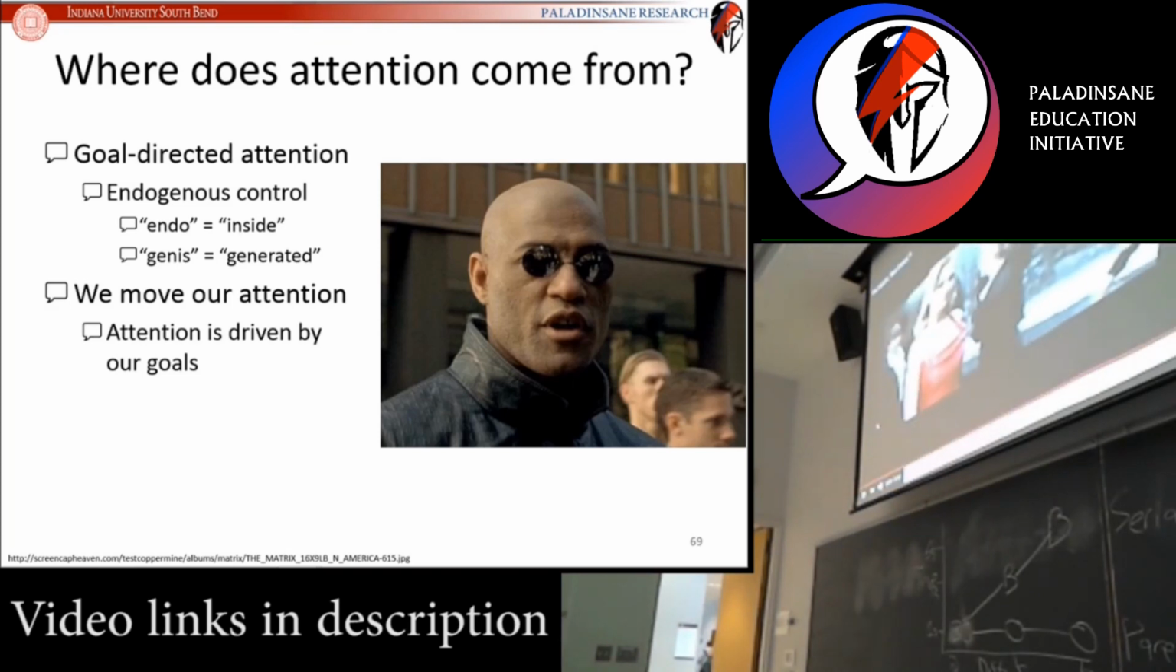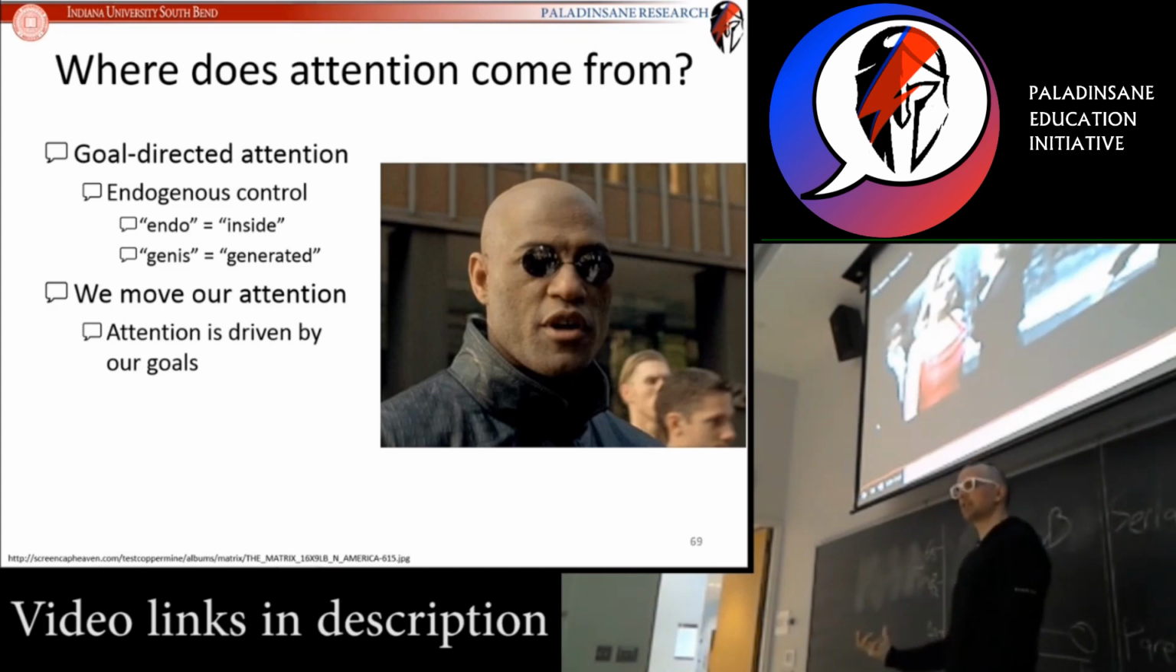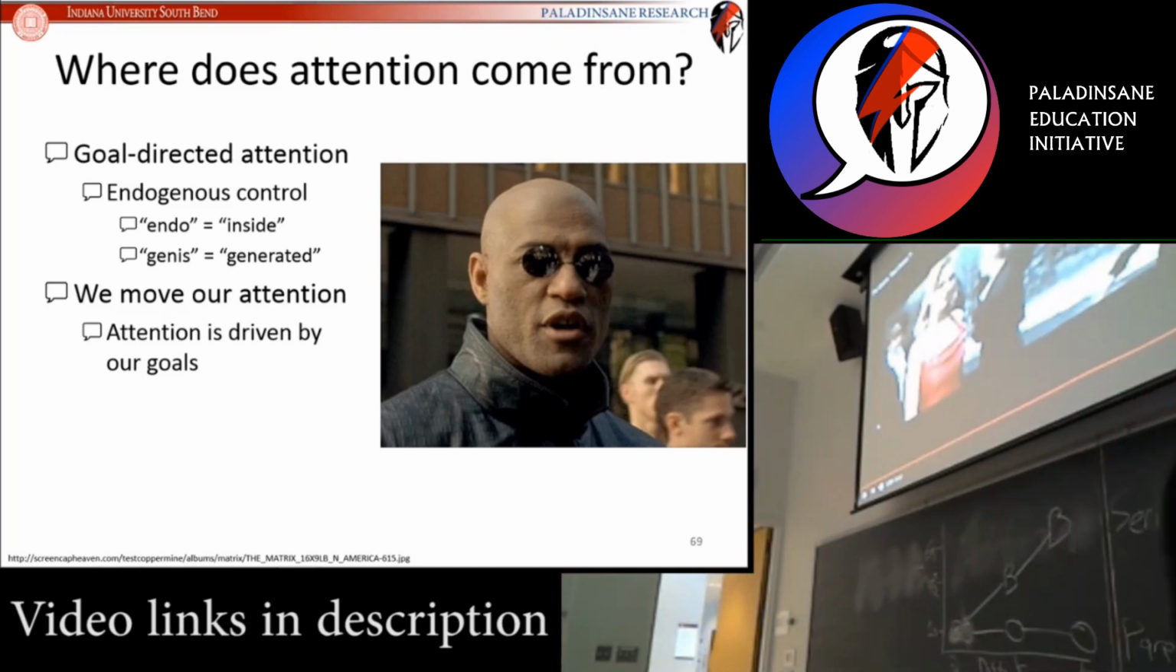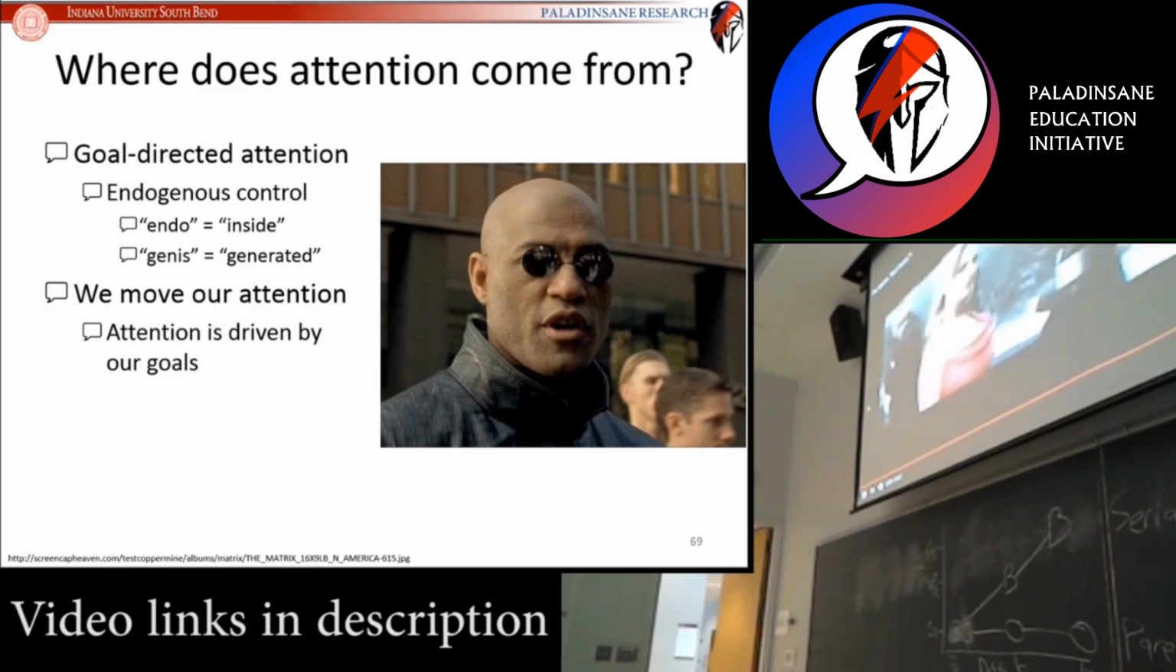All right, something about the woman in the red dress grabbed Neo's attention. That is exogenous control. He wasn't instructed to pay attention to her. It wasn't a goal of his to pay attention to her. Something about her grabbed his attention. He was processing that stimuli. That's exogenous control. Were you listening to me, Neo? Or were you looking at the woman in the red dress? I was